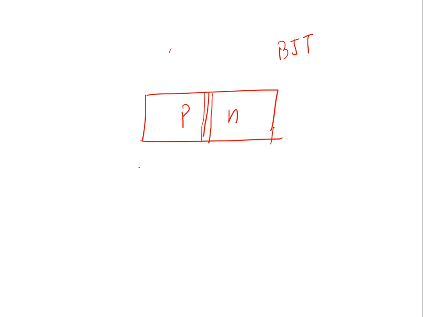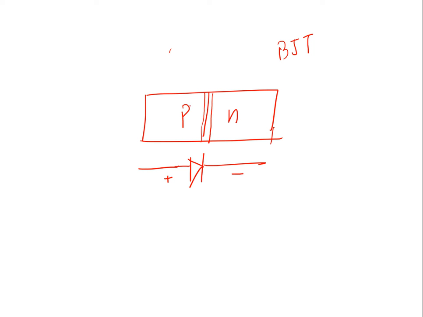So basically this represents a diode. This is the positive terminal, the anode, and this is the negative terminal, the cathode of the diode. We have seen different applications of diodes: rectification, clipping and clamping, and we studied the Zener and other kinds of special diodes. So in this chapter we are going to study what happens if we combine two different junctions.